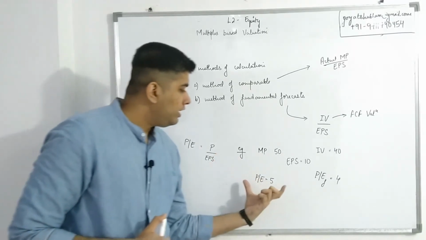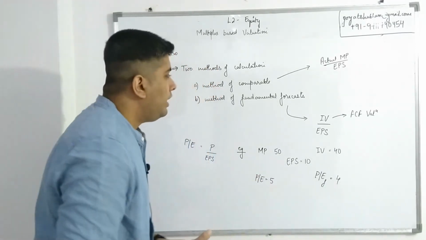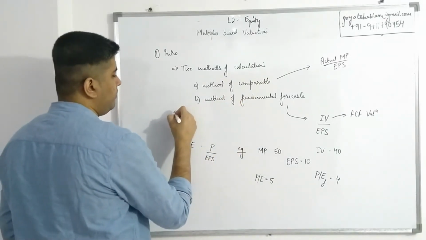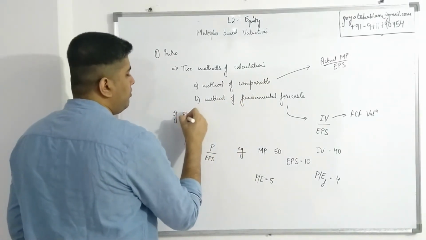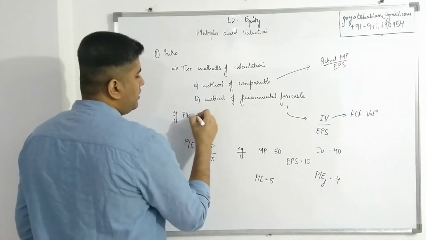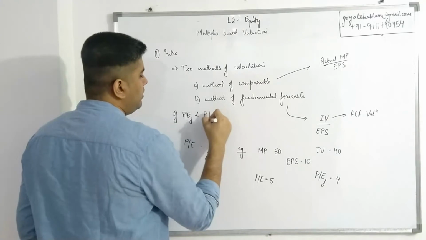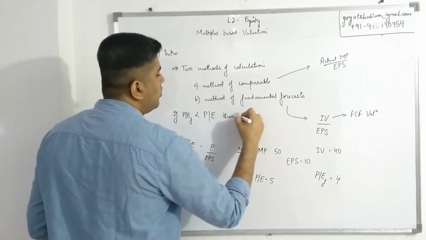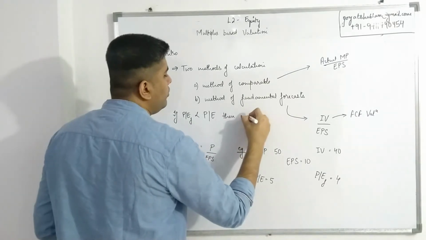So you can use that decision here also, that if the PE for forecasted fundamentals is less than standard PE, then the stock is overvalued